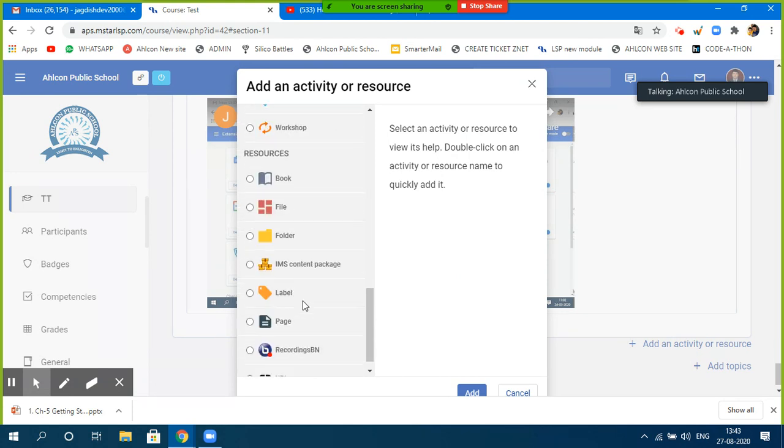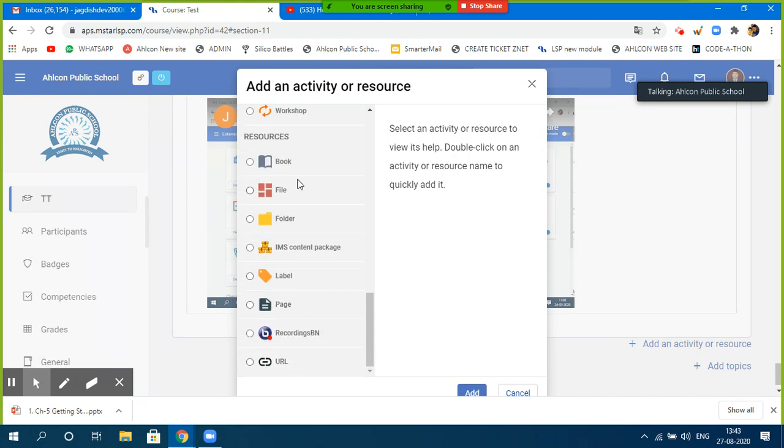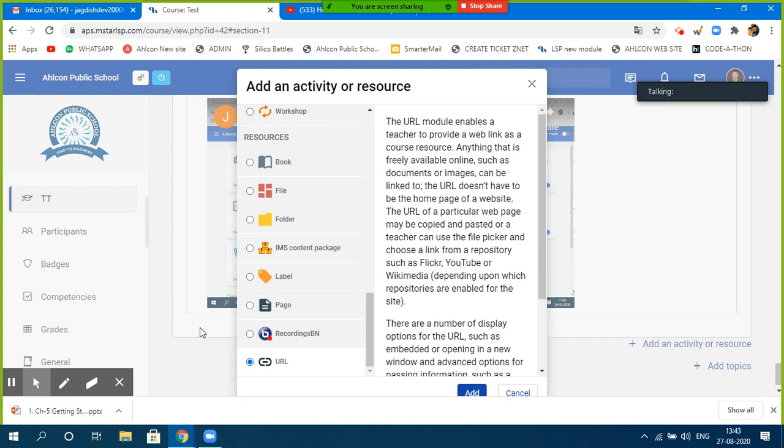Add an activity or resource again. You need to click on URL. Okay, this part is clear, file part is clear, label part is clear. URL, click on URL. As soon as you click on URL, you need to click on add. Okay, and after add, it will again open a page for you,